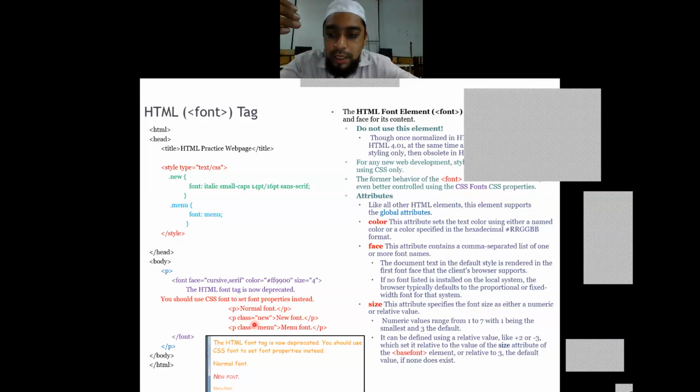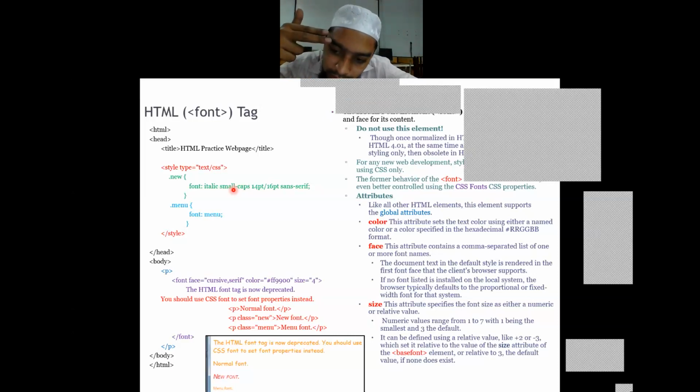Third one is writing the CSS program separately altogether in a separate file and then linking that file to our HTML file. There are three methods. One is writing the CSS styling within the tag. Second is writing the CSS above the body within the head tag. Third one is writing the CSS altogether in a separate file and then linking that file with our HTML.